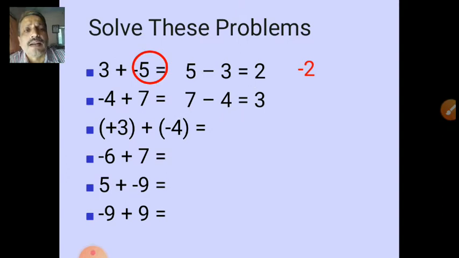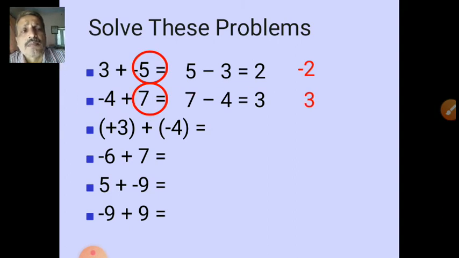Now look at over here. Minus 7 plus 4. Easy. 7 minus 4, 3. No need to change any sign because 7 is a bigger number than 4. That's why the answer is positive 3. And for a positive number, no need to put the positive sign. Yes, positive sign is a plus sign. See, 7 is a bigger number. Answer remains the same, 3.